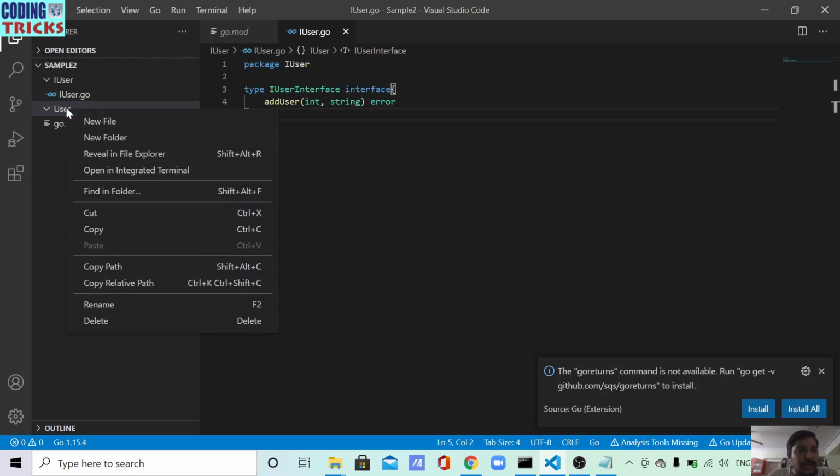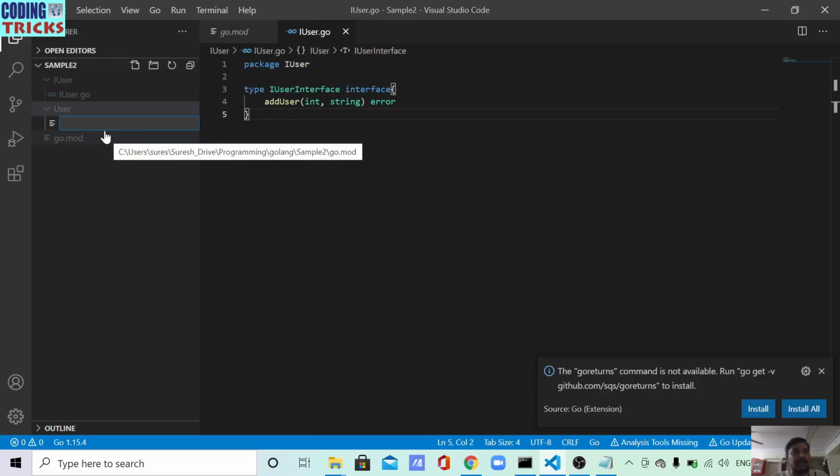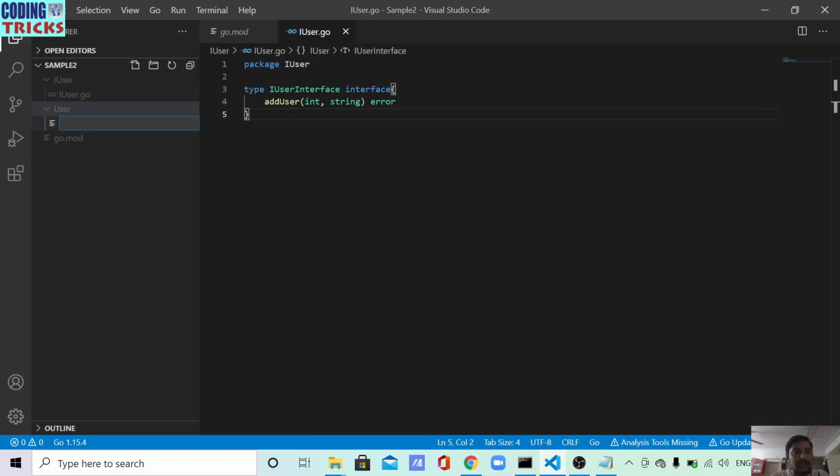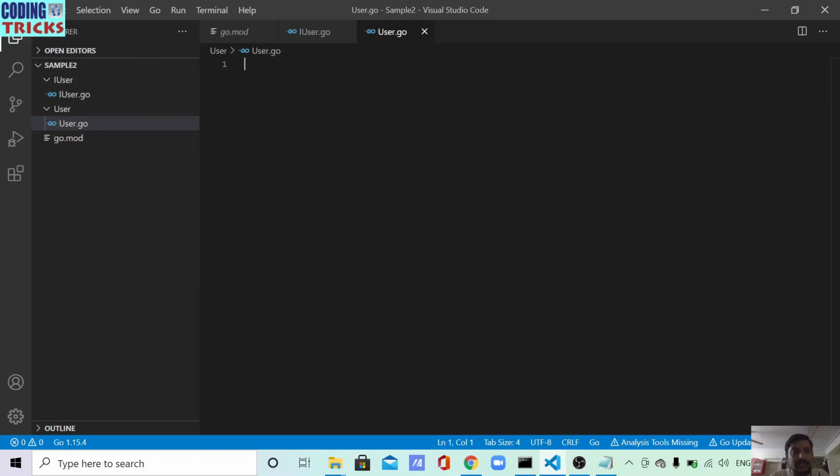And now I'll go back to my concrete class. I mean concrete, I keep using the term class. So class is nothing but I'll have a file. So that is the reason I'm referring to it that way. So don't get confused. Class is nothing but my func. So here I will have to name this package. I will name it as package user, and I will import